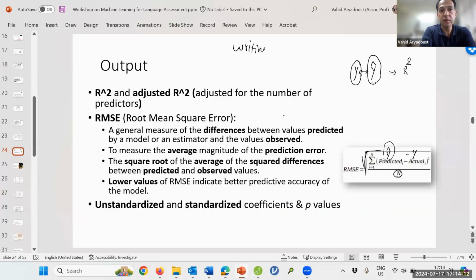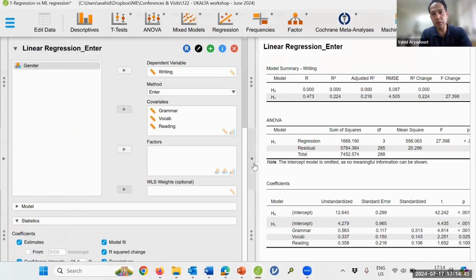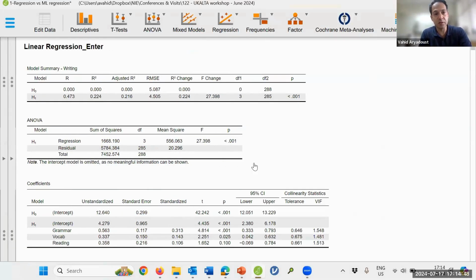Writing, writing is y, equals its own intercept, which is basically its own mean, plus error. So intercept is B0. If you want to write it in mathematical terms, it's B0 plus error. This, everybody, is our H0. That's our null model, which doesn't have any predictors. So if you don't include any predictors in your model, and you just want to predict the amount of writing by the mean of writing,